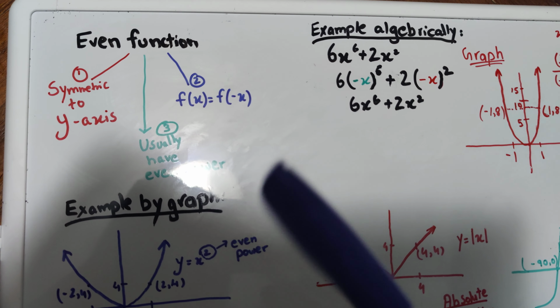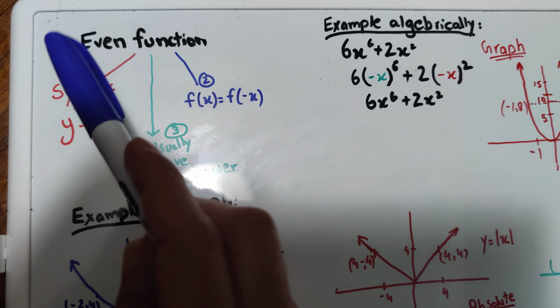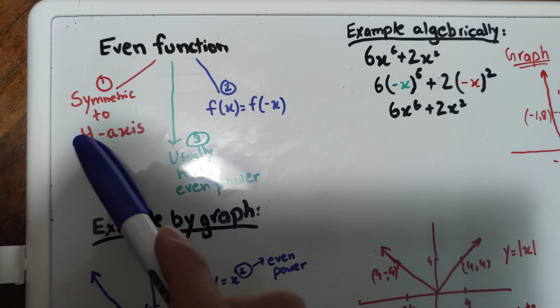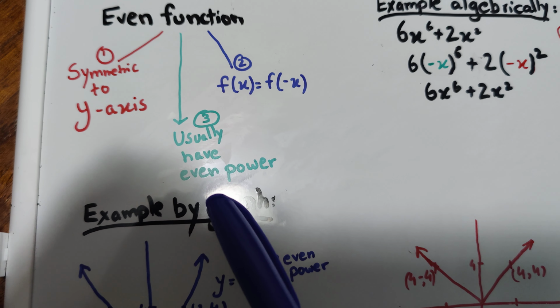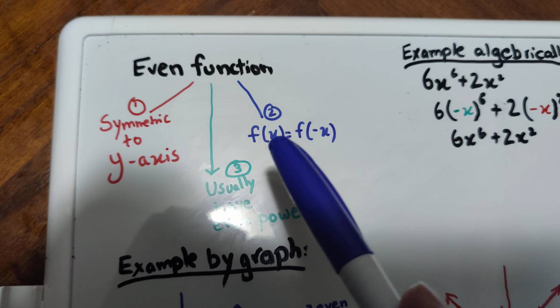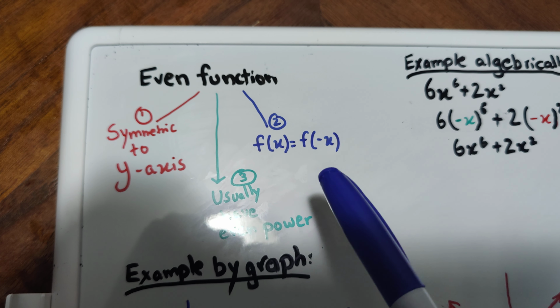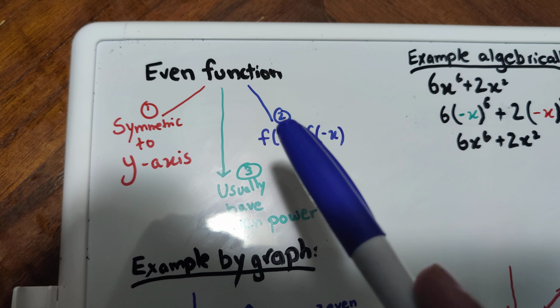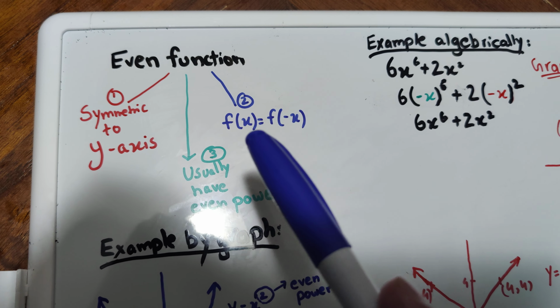Hello guys, it's a very simple thing to remember about even functions. One thing is they are symmetric to the y-axis. They usually have even powers, and if we put in a negative value of x, they still give us the positive value of x. An equation, if you put in the negative value of x, it still gives you the positive value of x. So it means